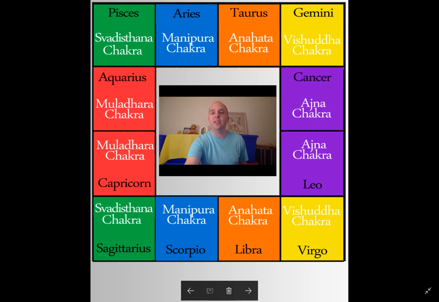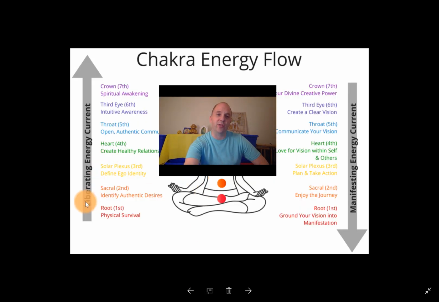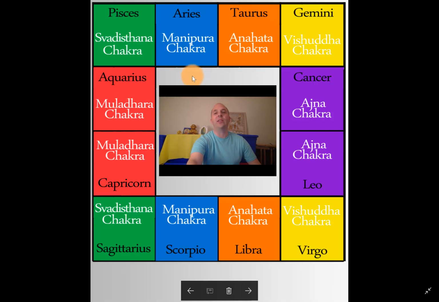The only reason why I did this is so you can see the relationship of the sides of the chakras, because each chakra is thought to have a negative and a positive side. And you could say that there's an upward rising chakra flow, and a downward, liberating flow and a manifesting flow of the chakras. And so we can look at that in these rashis.